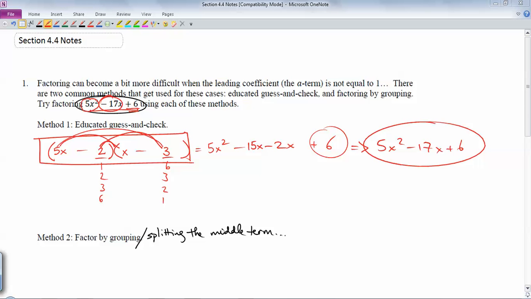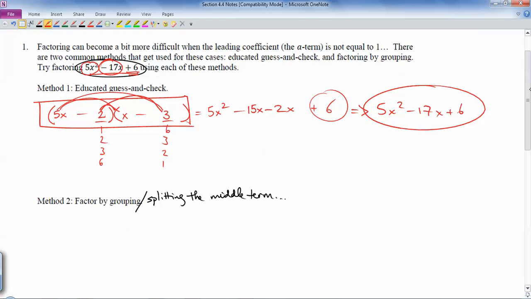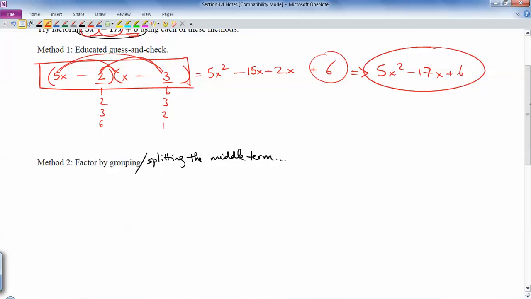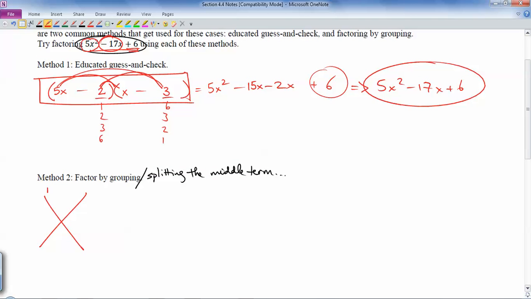Okay, so the next way that I want to do this, method 2. Guess and check is great if you're good at it, but if you're not good at it, it's really not the greatest thing to have to do. So the second way is called splitting the middle term or factoring by grouping. And this is one that a lot of students have seen little bits and pieces of. The most common way I've seen it done is people make a little x, and then the idea is that you always want to put